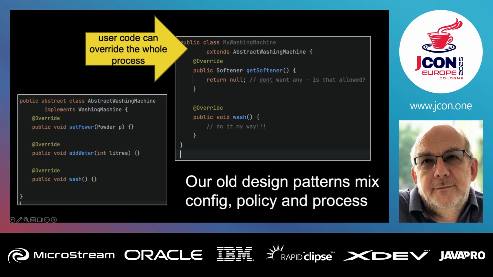So if your API says, here's an interface, do whatever you want, that's not particularly useful. If you have an abstract class, you're saying, I can do some of the stuff, I'm creating the process, but I'm leaving gaps for you to fill in. That doesn't work either, because what can happen? The user can say, I'm going to replace your process altogether, I'm going to have my own. Or they can take your process and subvert it: do the washing thing, I'll do it my way. And their code has to understand how your code works, because they're subclassing your code.